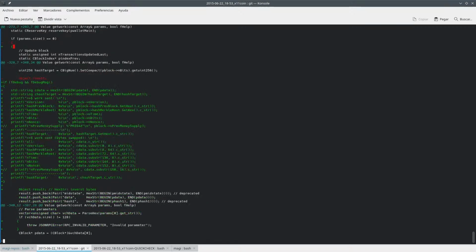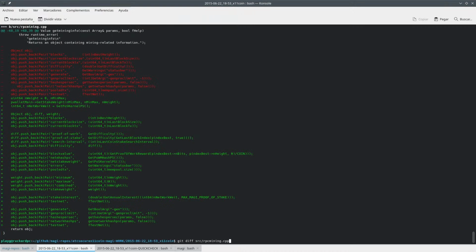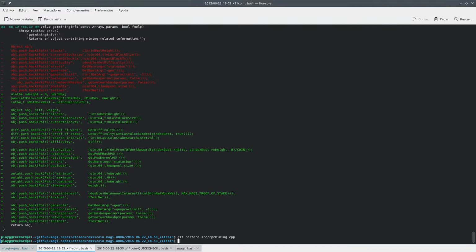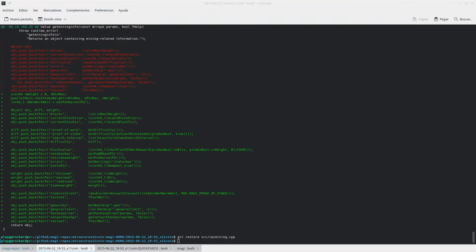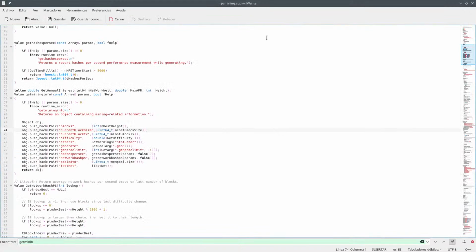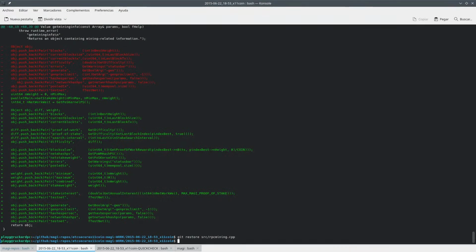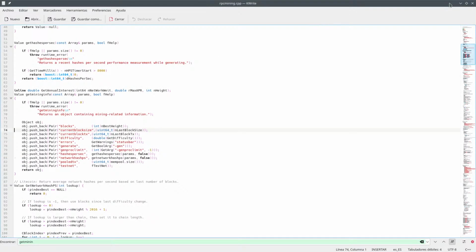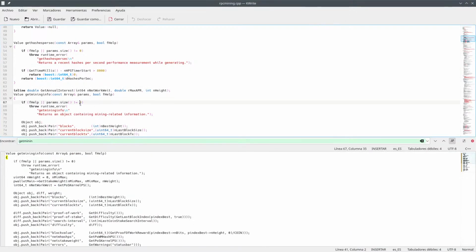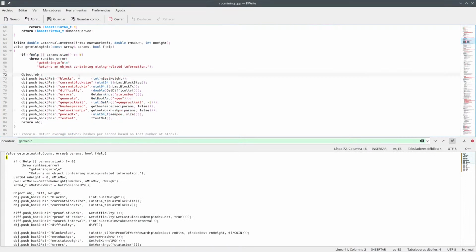Later on we will have to copy again, because otherwise this is not okay. So we restore this so that we have... wait a moment, is it RPC mining what we are working on? Yes, it is. So now we have this thing here,